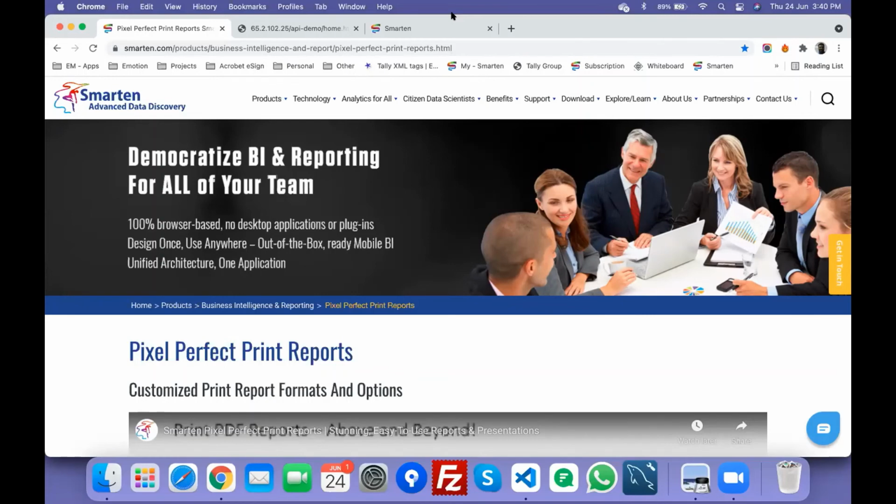What is your support structure? We have a support portal with a lot of knowledge base articles, documents, and manuals. Apart from that, we have an automated support ticketing system. Depending on your questions, it will be routed to our support team, and we'll resolve that. And we keep on publishing a lot of content. Have a look at support.smarten.com to see the variety and amount of content that we produce on a regular basis to help our users.